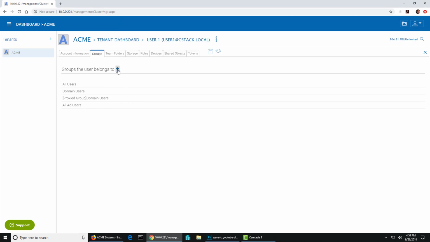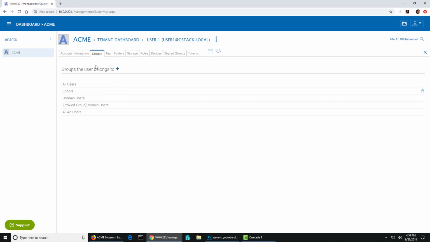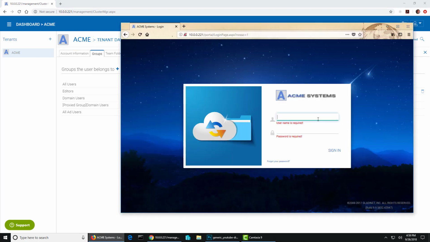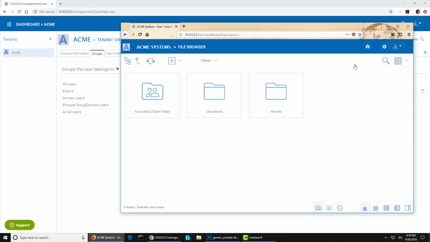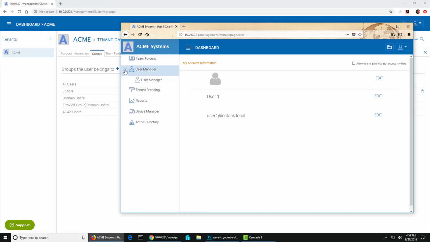Let's go back over here, and I will add Editors as one of the groups this user is a member of. And without doing anything else, I go back over and sign that user in. Okay, and everything looks basically the same. But when I go over here and I hit my dashboard, now I have all of these options. So I have the ability to assist as an editor and manage some of the things that are going on